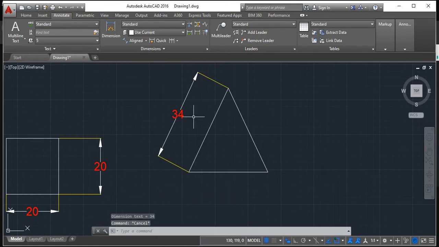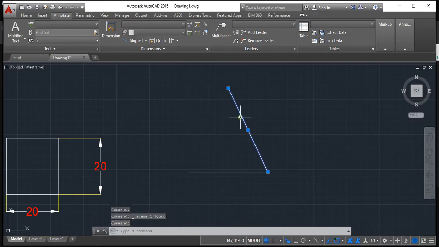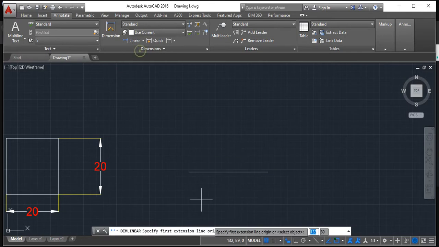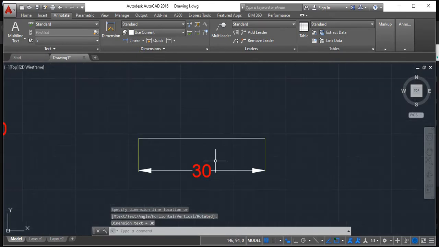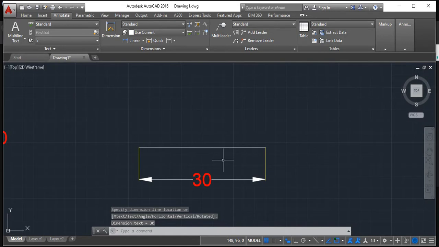Or you can go with an angular method. What would be the angle between 2 lines? Because in this case the horizontal line is already 30. How could I make a vertical line with the same 30? What is the angle for an equilateral triangle?